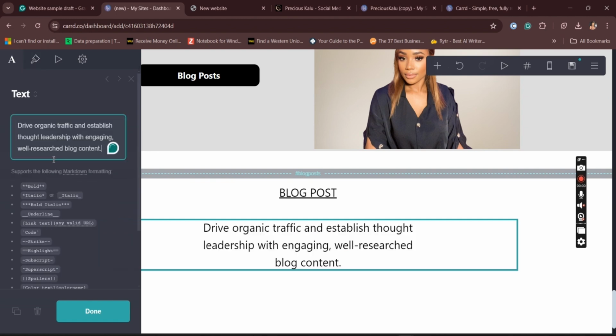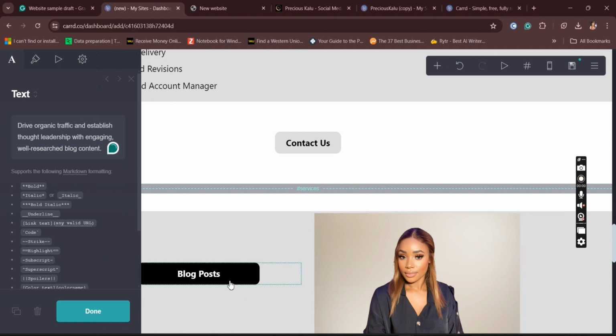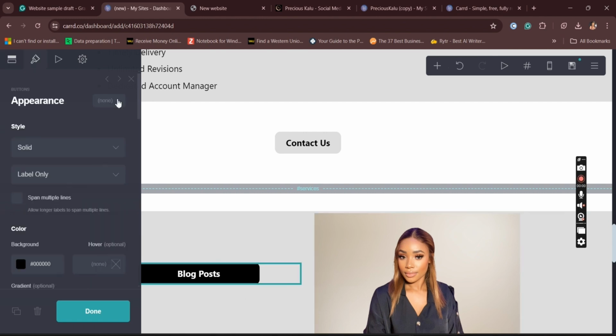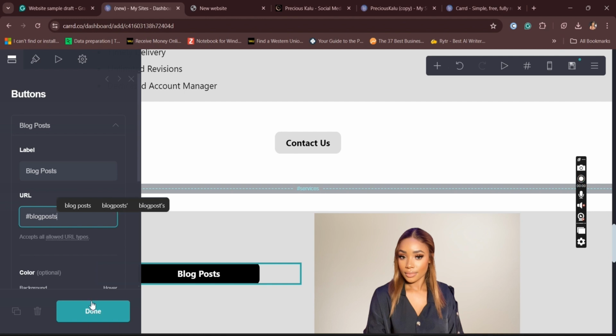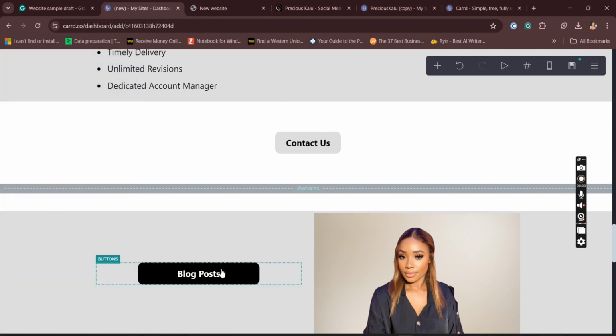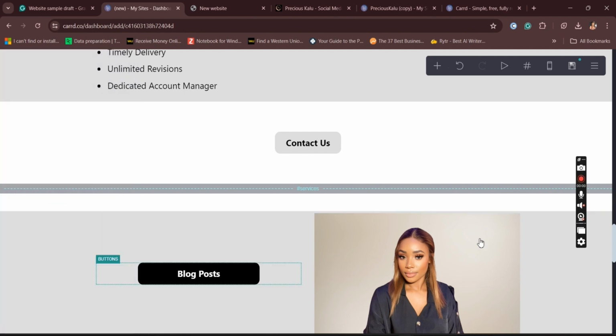Let's recopy it. Let's paste it here. So this is the blog post section. So now what you are going to do is to come to this button. Then the URL is going to be hash blog posts, so that whenever somebody clicks on this blog post, it will take the person to read more information about that